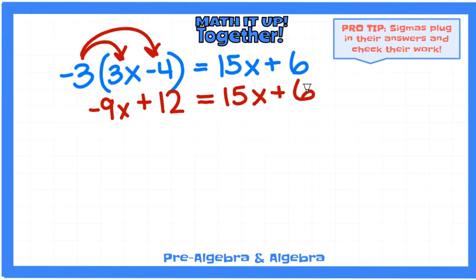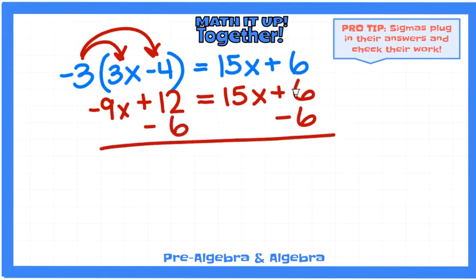So now I want to start moving things so that I have all my x's on one side. So I like to have a positive x, so I'm going to take that 6 and get it to the other side. So I'm going to turn this 6 into a 0 by subtracting it from both sides. So 6 minus 6 is 0. 15x plus 0 is just 15x. Here I have 12 minus 6 is 6. And then I'm going to bring down that